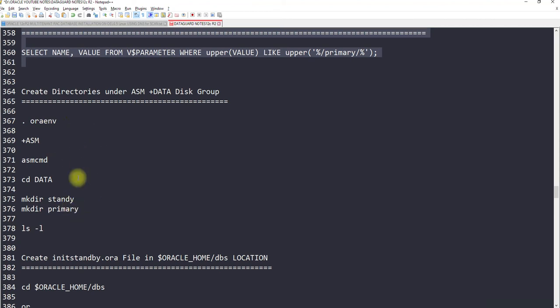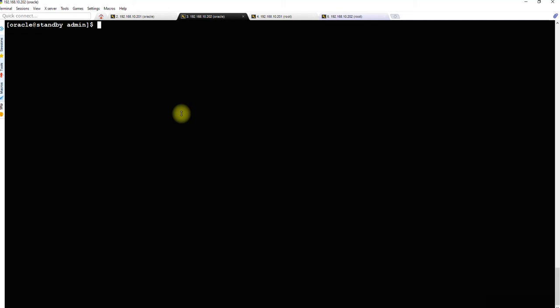What happens is, RMAN duplication will go to the primary, take the files, and copy them into the standby location. Whatever it has in the parameters, it will copy everything from the primary first, and then restore it to the standby. So the copy is done on the primary and then eventually restored on the standby. For that reason, we have to create two directory locations.